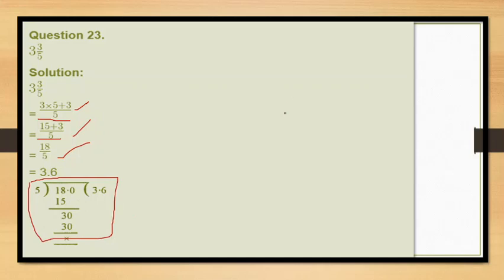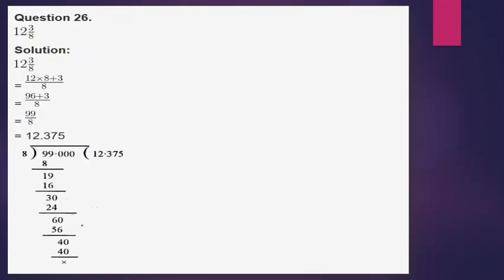How? 5 will divide 18. As you know the division, 5 1s are 5, 2s are 10, 3s are 15. So we write the 15, and then we write 3 after 18 minus 15, and then insert 0. When we insert 0, before that 0 we have to put the decimal. And then again we count the table. 5 6s are 30. What we get, the decimal form is 3.6, our answer.